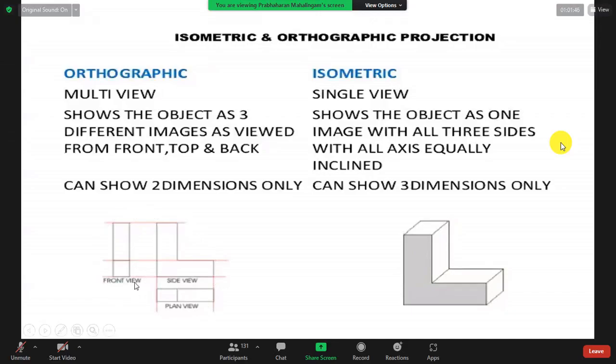From the front, you will see the blue color. One rectangular, one square. Side view is the blue color one. You see L shape, L shape side.